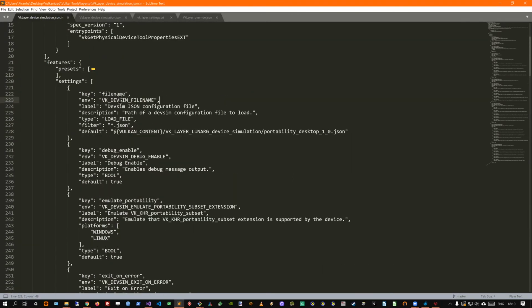Something I didn't mention, but when we set a setting, it's always possible to override it with Vulkan Configurator. It's always possible to override the settings using the environment variable that we always used.